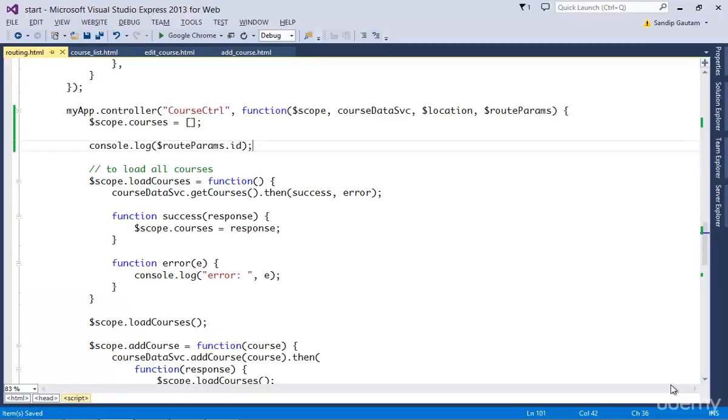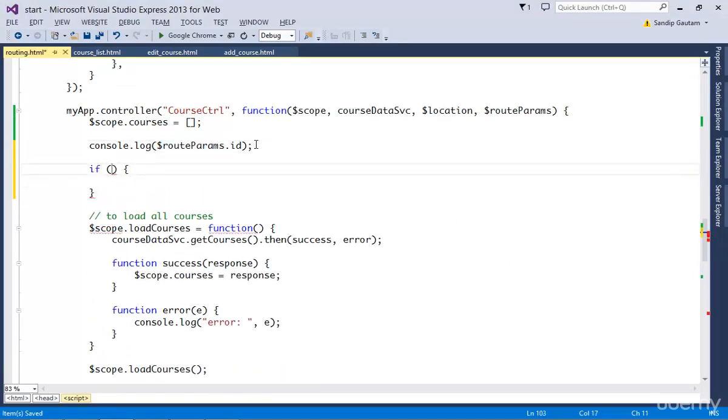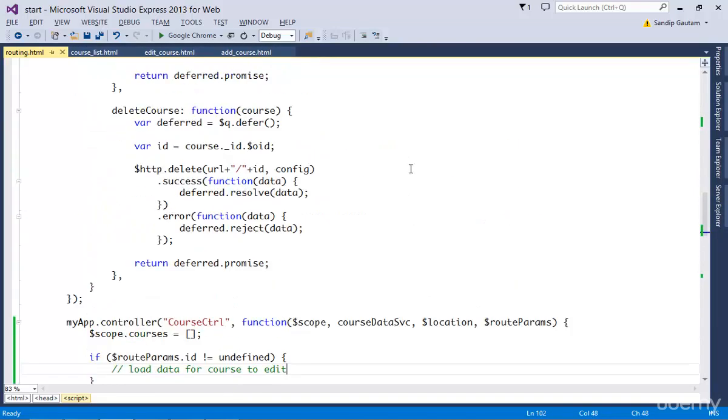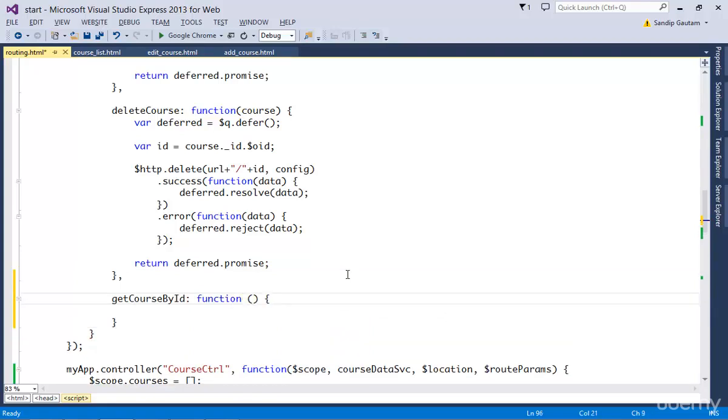As we're using the same controller for all the partials, now let's check for the value of ID on our routeParams service, and if it's there, we're going to load the course data for this course. Let's write a new function to get the course by ID here inside our course data service, passing ID as an argument. Create a promise,